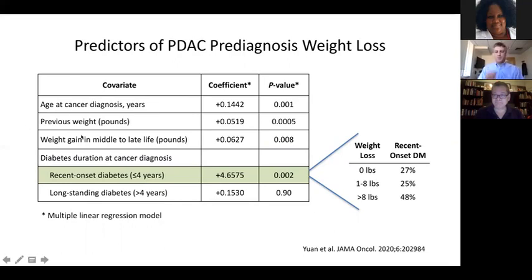Older age was one. Those who had higher weight to begin with, presumably they had more weight to lose, although that could also be that there's some biology there in particular. And then those who had recent onset diabetes had a very highly significant relationship to weight loss around the time